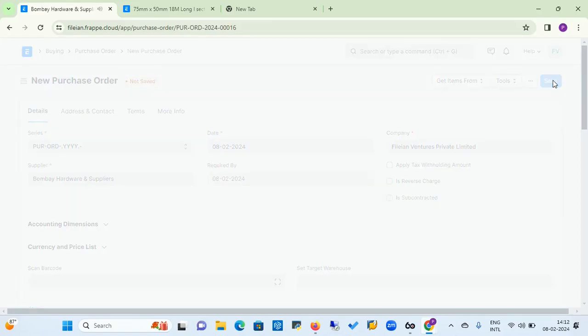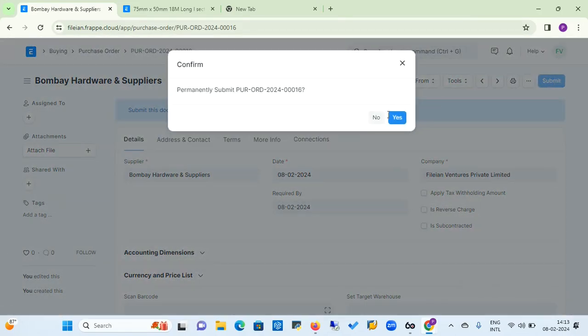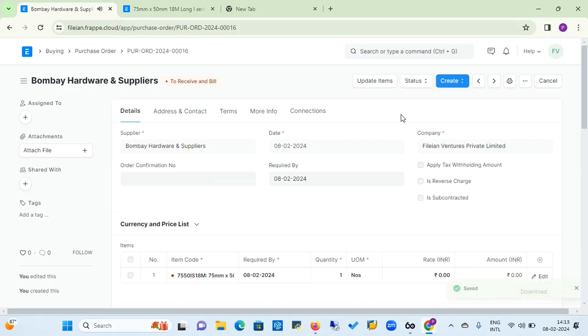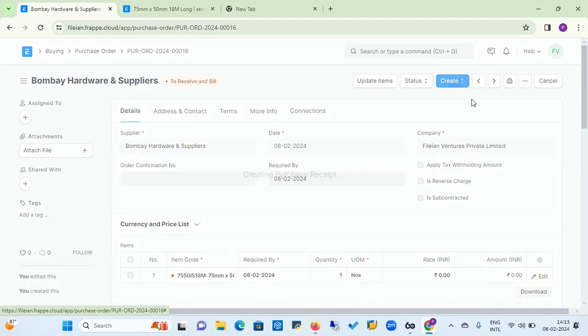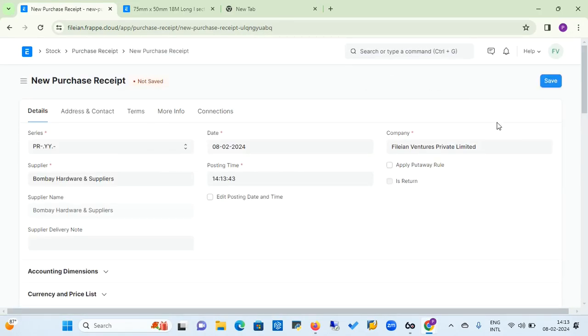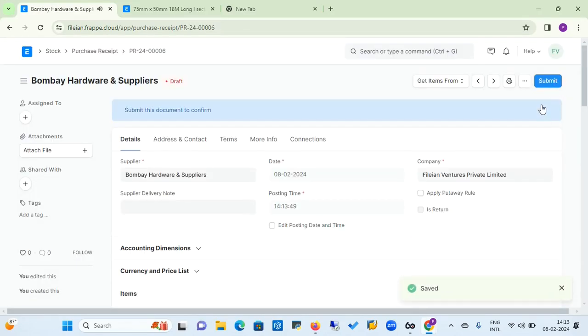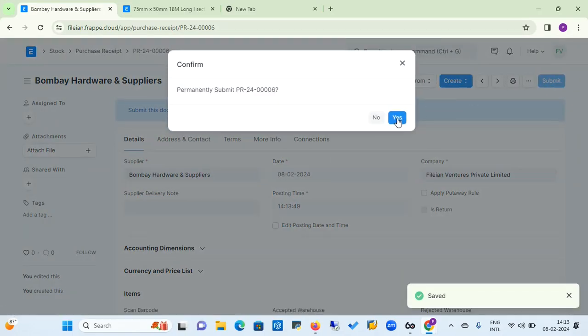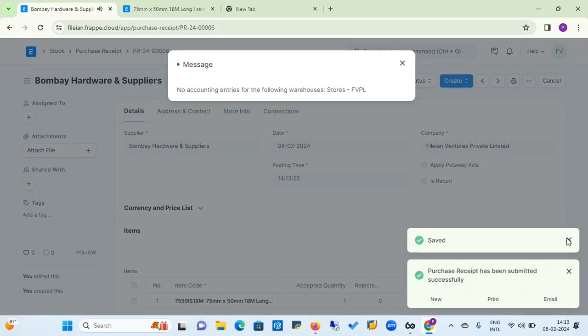Now see, the purchase order is now submitted, and now I'm submitting this for the final confirmation. I have submitted this and I am creating one purchase receipt as I have received the material, and now I am saving this purchase receipt and I am submitting it for the final confirmation. So now I have a stock,